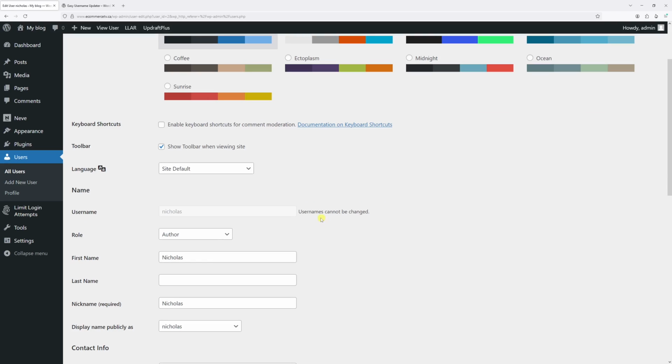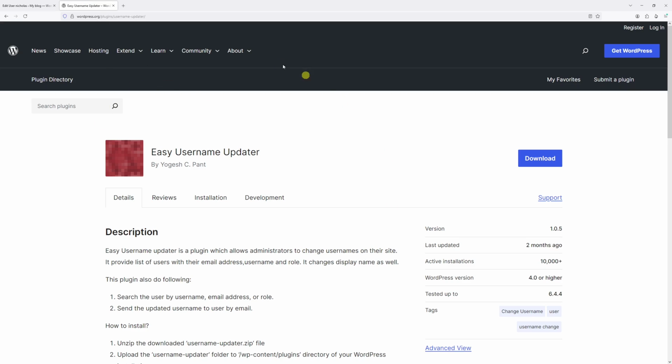In this video, I will show you how to change the username on the WordPress single-site installation. And for the purpose of this example, we'll be using this plugin called Easy Username Updater. And also, before proceeding with the steps shown in this video, please make sure to have a full backup copy